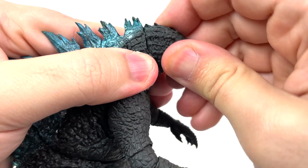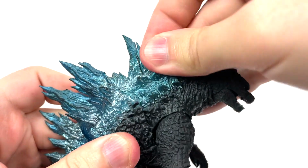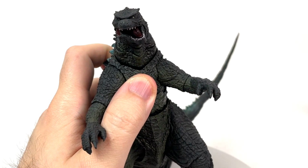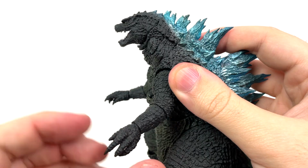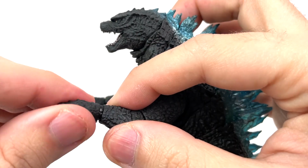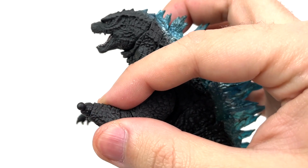We've got a ball joint up here, a ball joint over here, another ball joint over here. You'll be able to go all the way around at the arms, but they're not going to have the greatest flappy flap motion, which admittedly is okay. You're going to be able to go all the way around at the elbow at the top. You'll be able to bend in this far and out that far, which looks like Godzilla broke his arm. You can do yet another swivel. You can swivel at the wrist over here, and you'll have a hinge at the wrist as well, and you know the whole bit about taking the hand off, switching it so it can